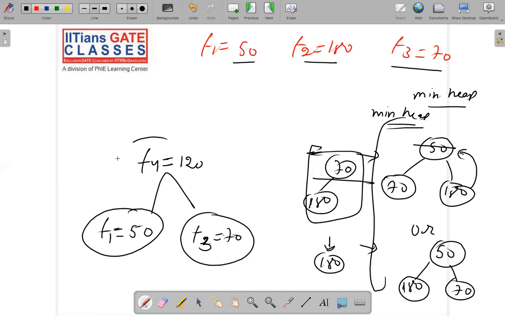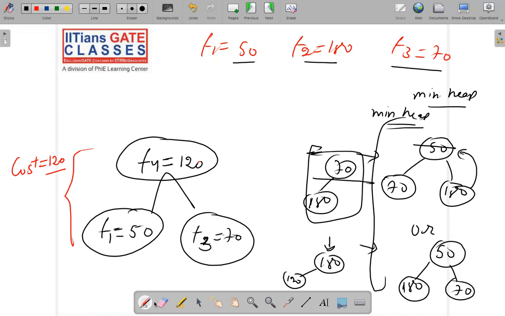120, right? What is the cost here? Let me write the cost of this merge operation. The cost is equal to 120. Now you put this 120 back in the min heap. You try to insert 120 here, and try to balance it again. Our resultant min heap will look like